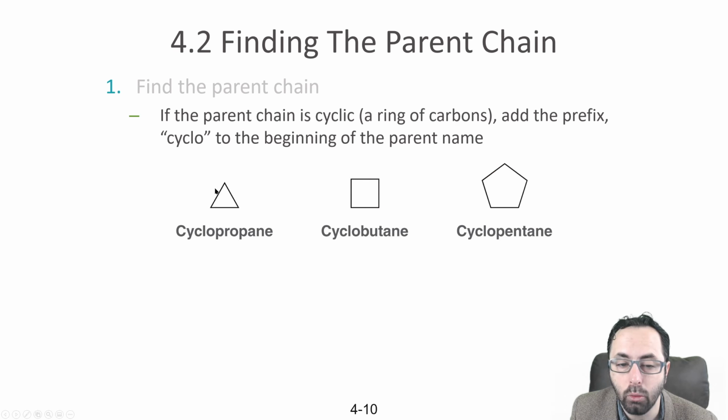Also possible are rings of carbons, such as cyclopropane, cyclobutane, cyclopentane. So again, prop. The cyclo here means that the carbons are bonded in a ring. The prop means that ring contains 3 carbons, and the ane means that the carbons only have single bonds between them, no double or triple bonds. Okay, same thing here. Cyclo is a ring. Carbons are bonded till they bond all the way back on themselves there. And but means 4 carbons, ane means only single bonds, and same thing here. Cyclo, ring, pent, 5 carbons, 1, 2, 3, 4, 5, ane, or only single bonds.